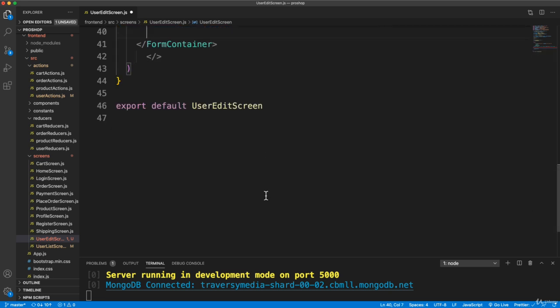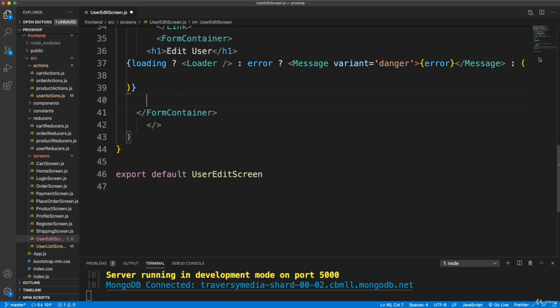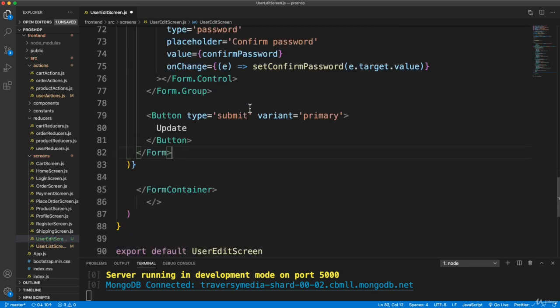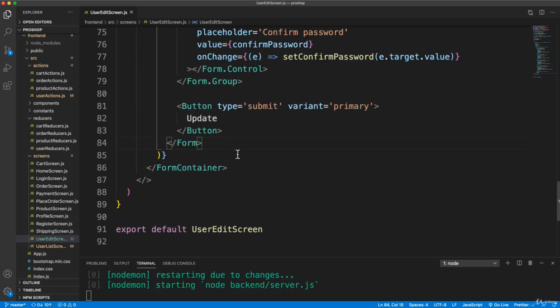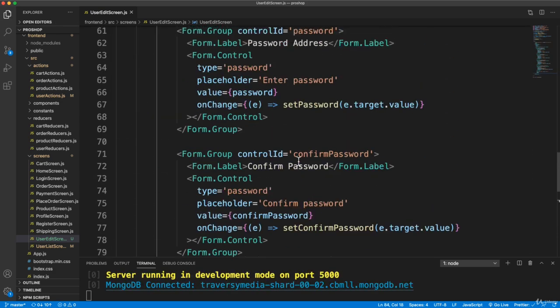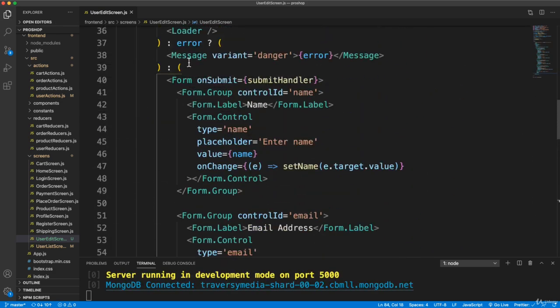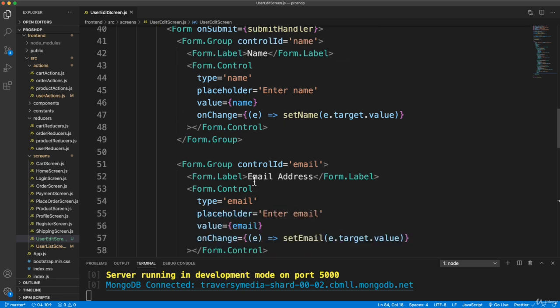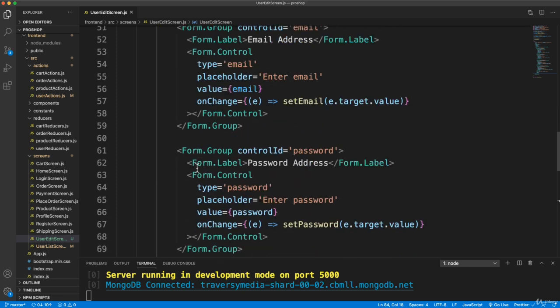Wait, the form container, yeah, the form container. I'm going to paste this in here. And yeah, that should be right. All right, now for the form, it's going to be very similar. We're going to have the name, so all this can stay the same. The email can stay, but we don't want